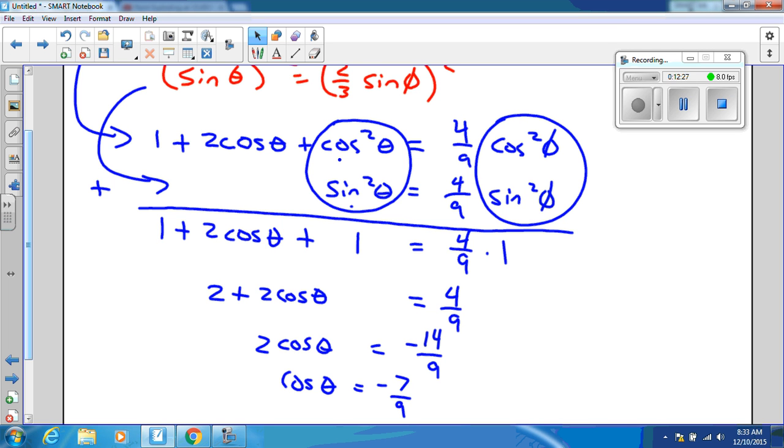And when you solve that equation on calculator, just a moment and let me do that. Seven divided by negative 9, and inverse cosine gives me 141 degrees as the original angle between the two of them. So this was an interesting problem, and